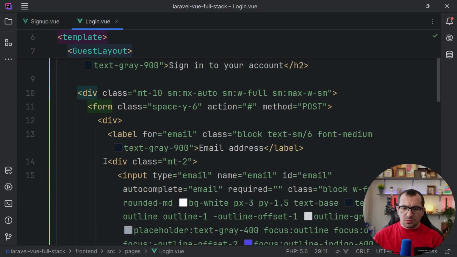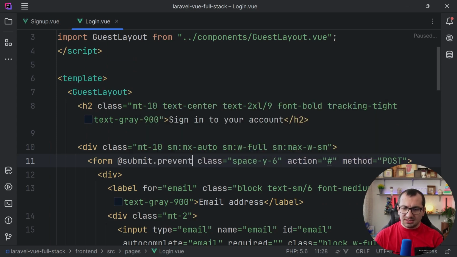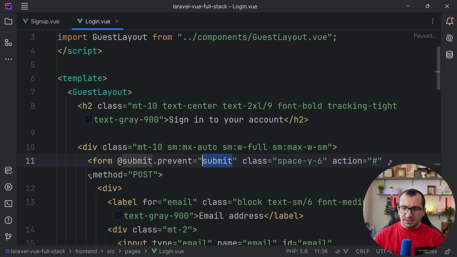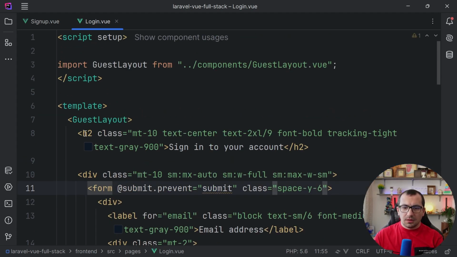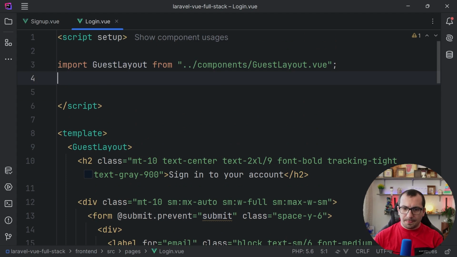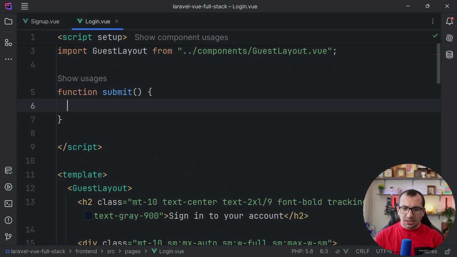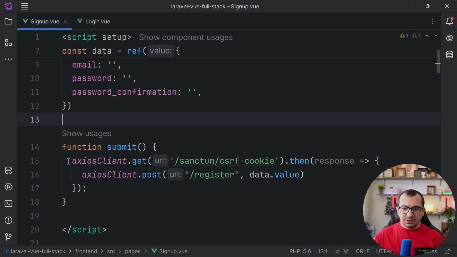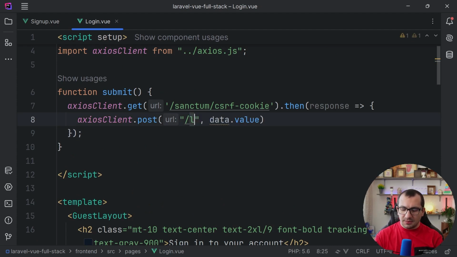Okay. So here's the form. Listen on submit.prevent submit. We can remove the action and method. Function submit. We're going to use something similar. So I'm going to copy this, paste here. We're going to make request on login. We're going to use,